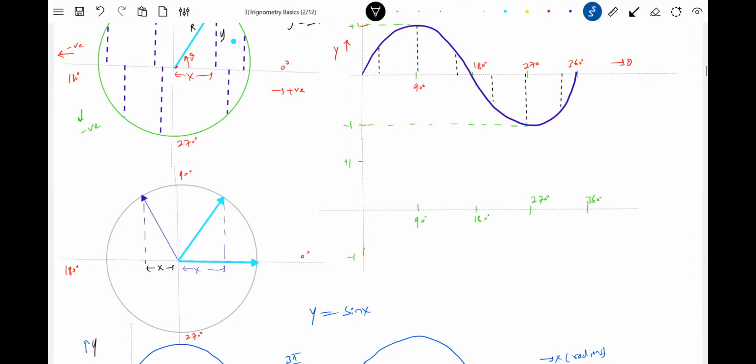So when the line is along 0 degrees, along the positive x-axis, the value of x will become equal to r, and r equal to 1. Then the value of x decreases. Now you can see x is less than r. Now x will become 0. Now x will become negative, and along the negative direction it starts increasing. Now it will become minus r. Then from minus r it decreases, like minus r by 2, r by 3. It keeps on decreasing. Again, it will become 0.